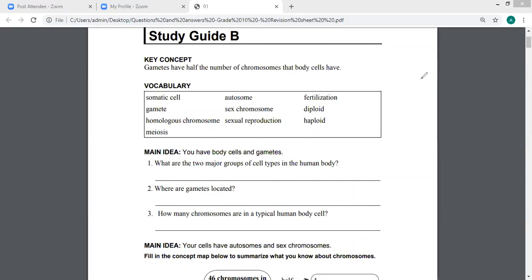We will start with section 6.1, chromosomes and meiosis. Okay. First point,